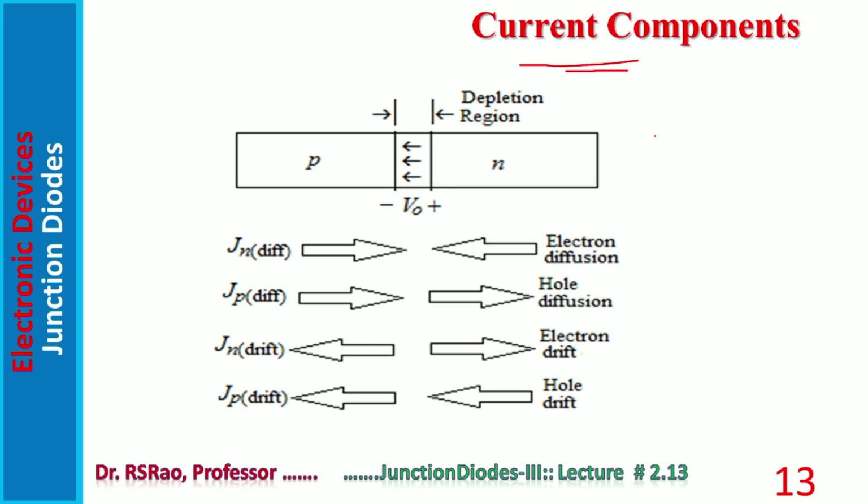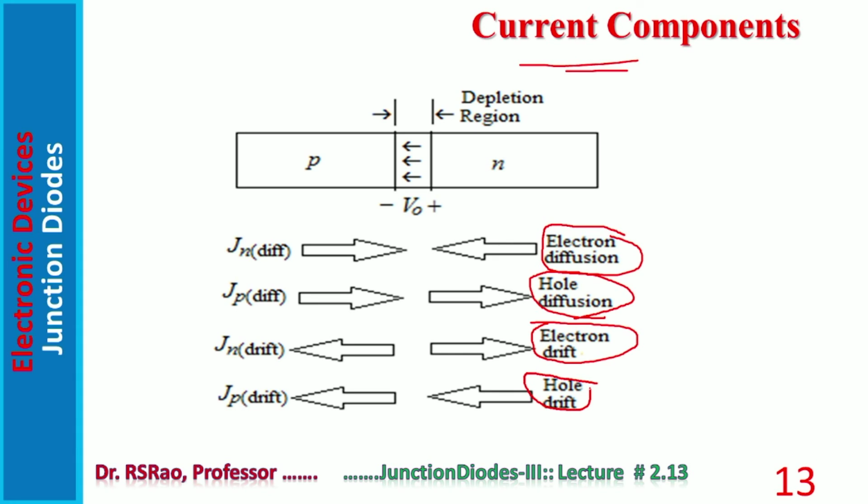So two types of charge carriers are there, two types of processes are there, resulting in four types of currents within a semiconductor device. As diode is a semiconductor device, in the diode also there can exist four types of currents. What are they? One current due to electron diffusion, another component due to hole diffusion, another component due to electron drift, another component